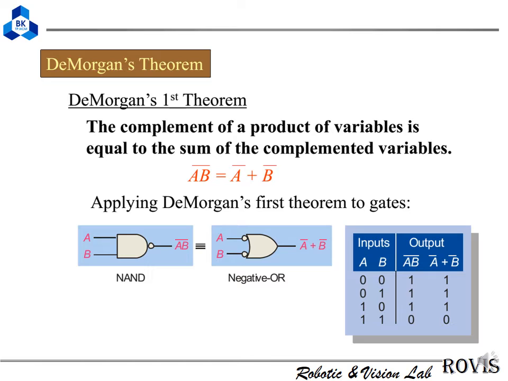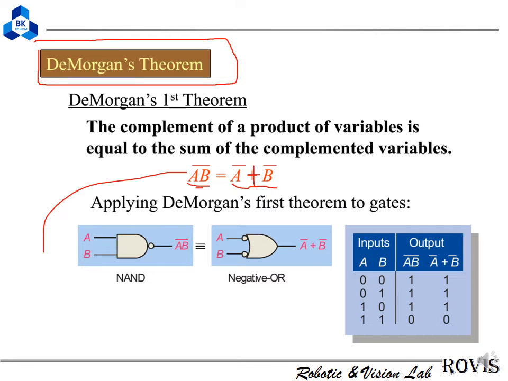Besides, we also have another one called the De Morgan theorem. This is De Morgan. It is something like the multiplication being turned into a plus here, right? To prove this equation, here is the table. We have two inputs, A and B, right? And then we list all the possible cases. We have 4 cases, and then we compare the output here and the output here, and we see that